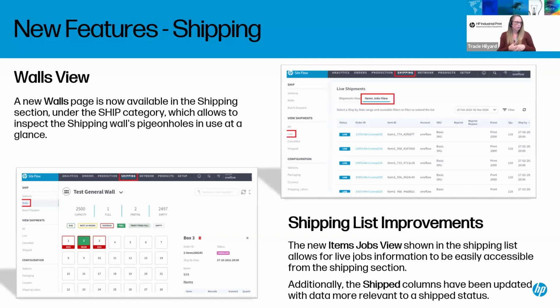You can see what box an item is in, then the order details, the ship by date, items, the item information. Then it's also color coded by when things are due. It's just another way to view your shipments at the wall level. Then in the shipping list, we now have the items jobs view. So you can view a shipment